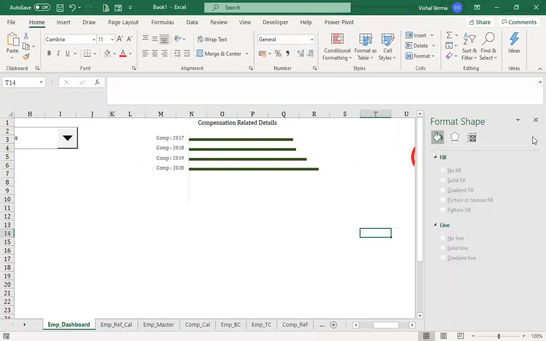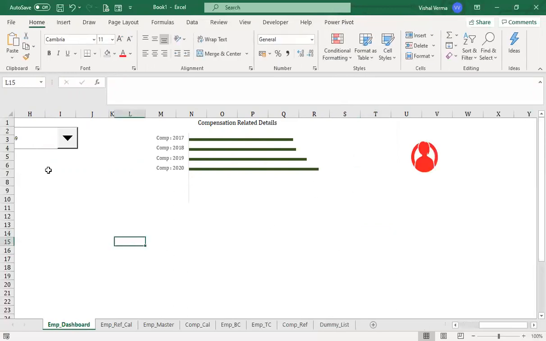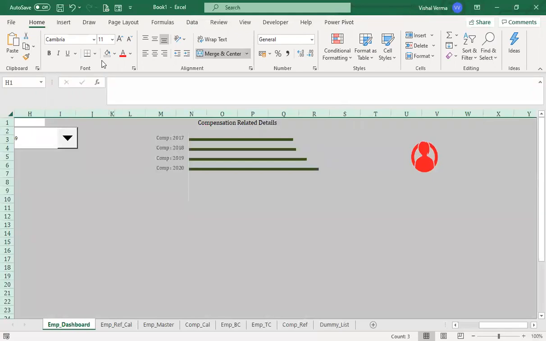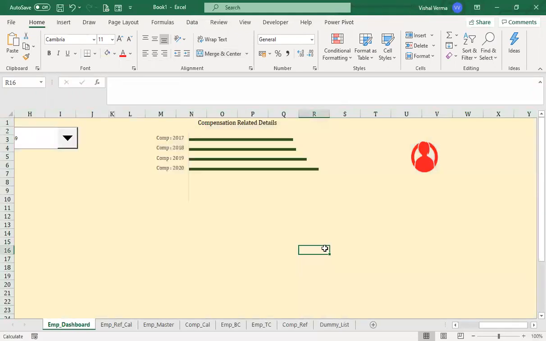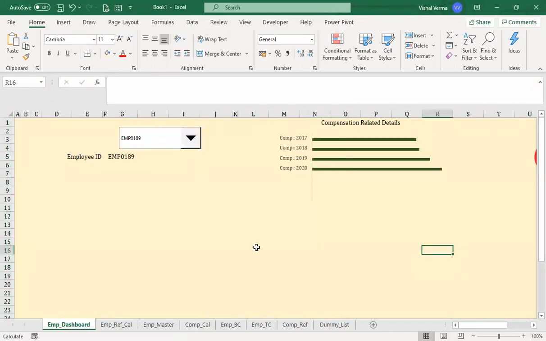If we change the color of the entire sheet, say light orange, it will look good, not white like the other parts. So we will continue with this section, making the employee dashboard in the next section, and we're looking forward to it.